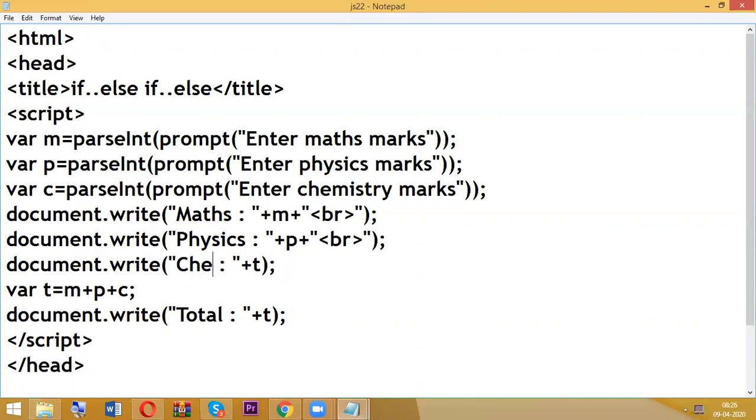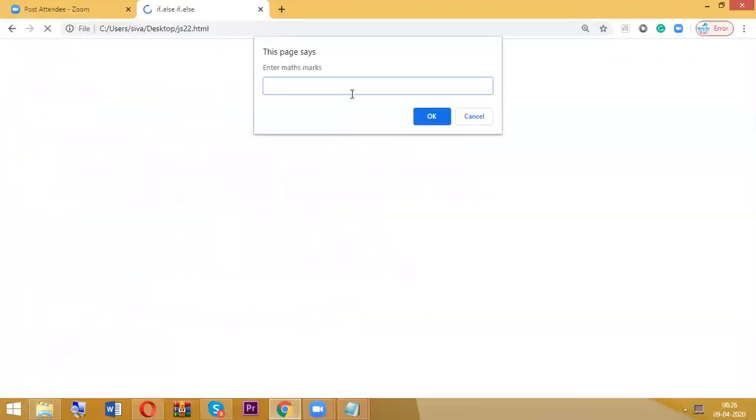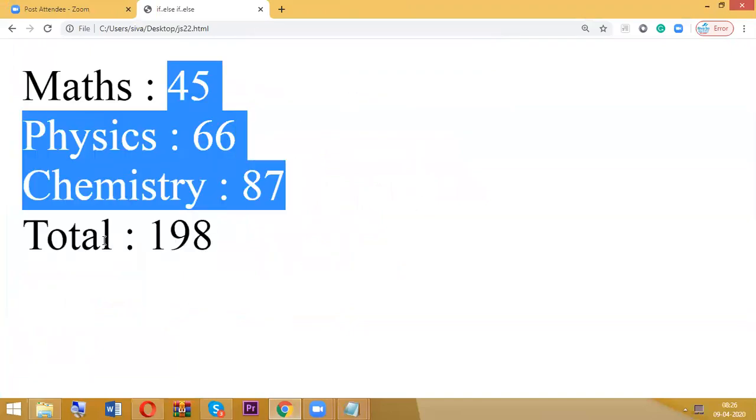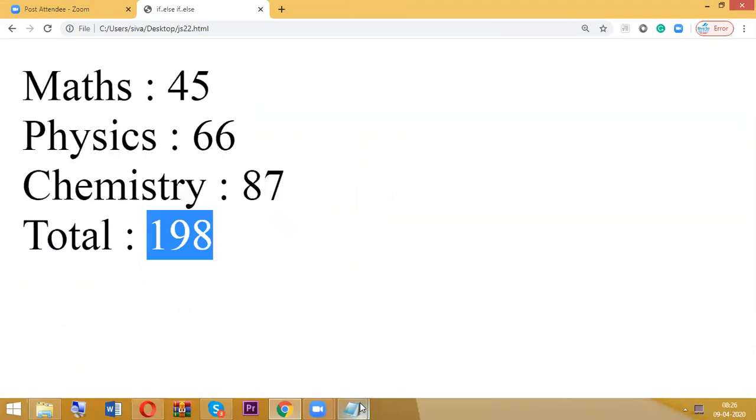So next, chemistry. Okay, so even here in future we'll have some other things after this. So again see here. So max marks, physics, chemistry. So finally, even I'm able to display the total.